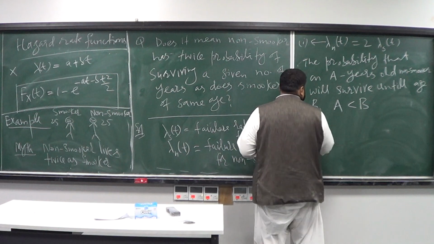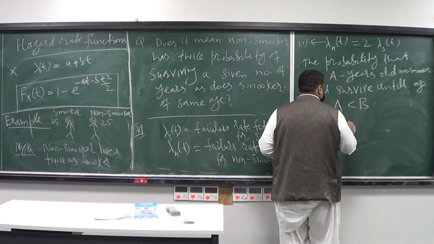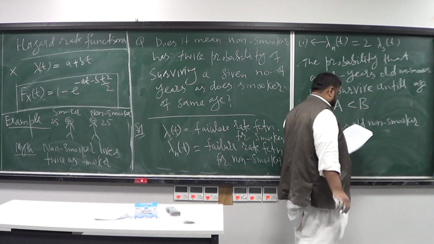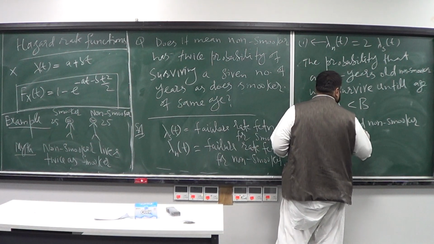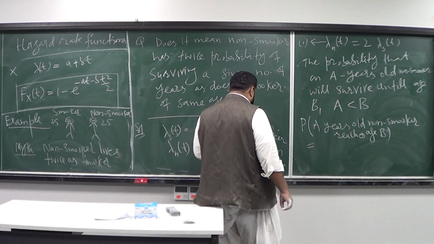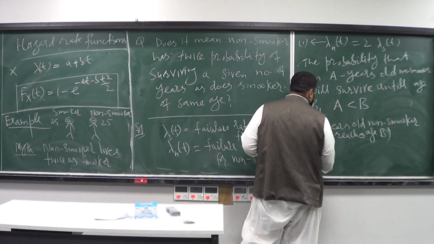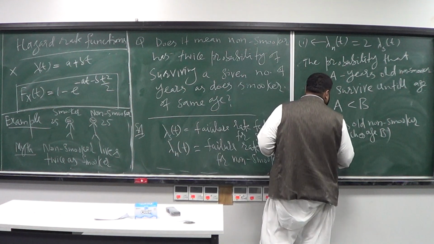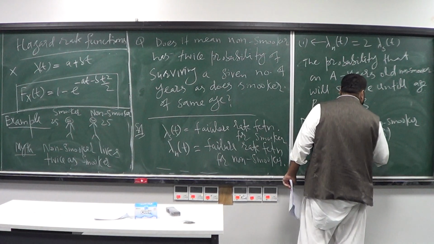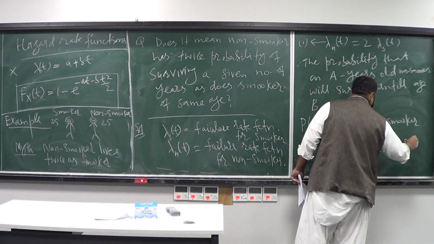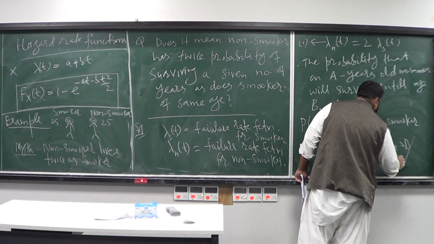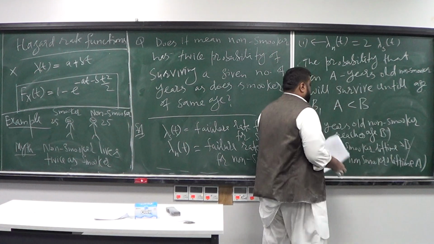So the probability that an A years old non-smoker reaches age B should be what? Let's think about that. It should be the same as saying the probability that the non-smoker's lifetime is bigger than B, given that the non-smoker's lifetime is bigger than A. In other words, it has survived A,